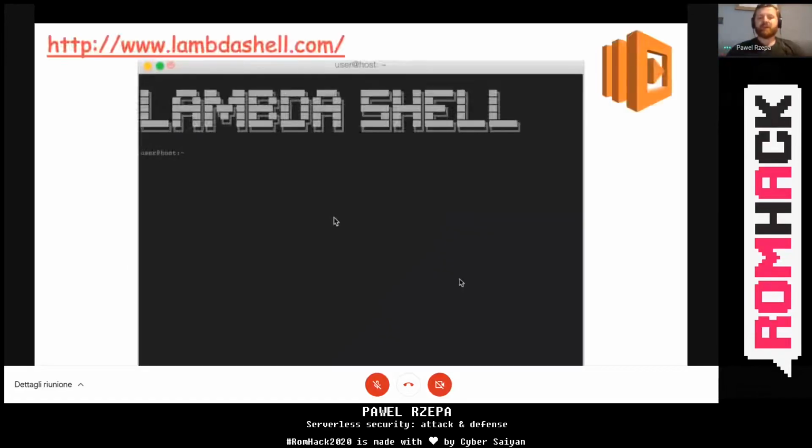So to prove it to you, if you want to play a little bit with the server on which function as a service runs, you can go to the lambdashell.com website, and you don't even need an AWS account there to play around with a Lambda function.